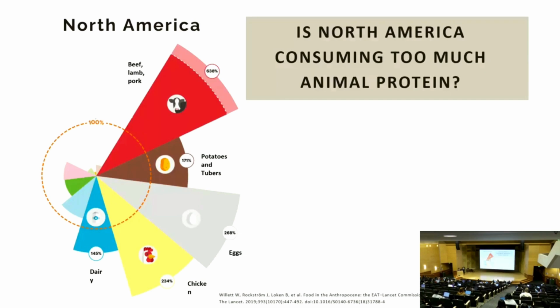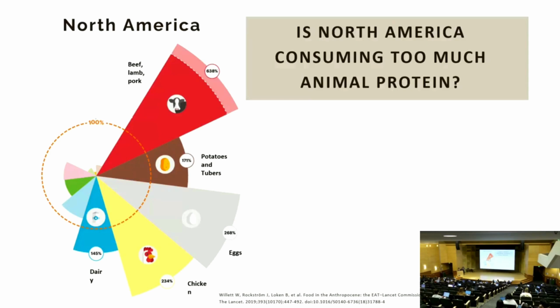And that orange circle, that marks 100% of the food system boundary. So for those wedges that are within that orange circle, that's within the food system boundary. It's like, great, keep going. We can even consume more of that. For those wedges that are way outside, where we have beef, lamb, and pork, potatoes and tubers, eggs, chicken, dairy, those are outside of the planetary system boundary, meaning that we're overproducing beyond what the planet can accommodate, what the environment can accommodate for us.